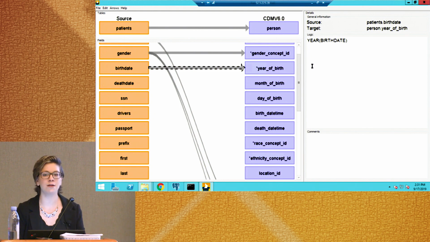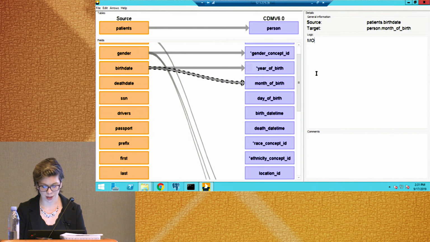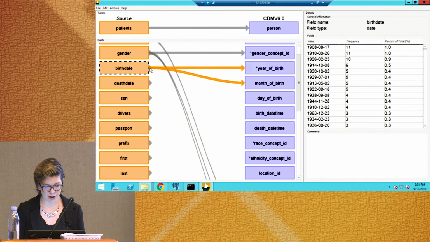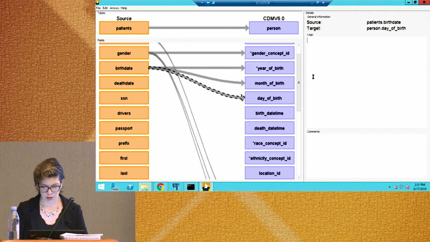So you're giving the developer a little bit of an understanding of where to go. And now birth date can also feed my month, and same thing here, I could say month, birth date. And then day of birth, we're lucky enough to actually have a day of birth as well. And day,